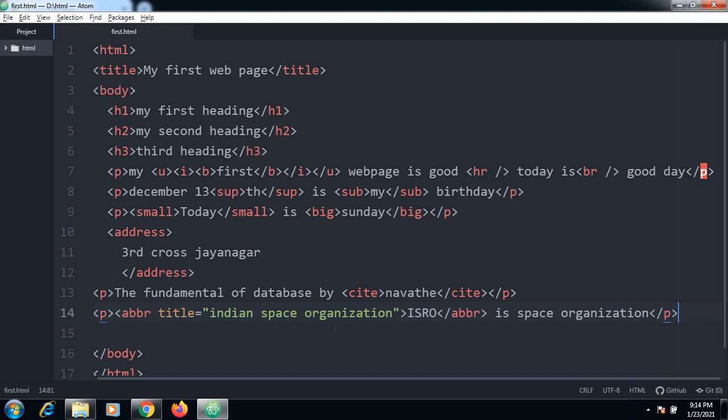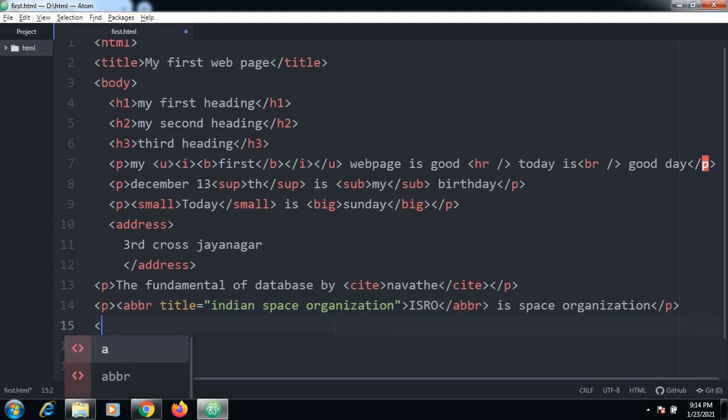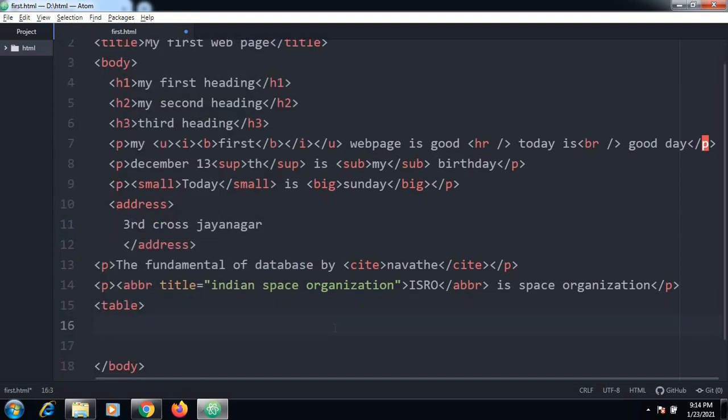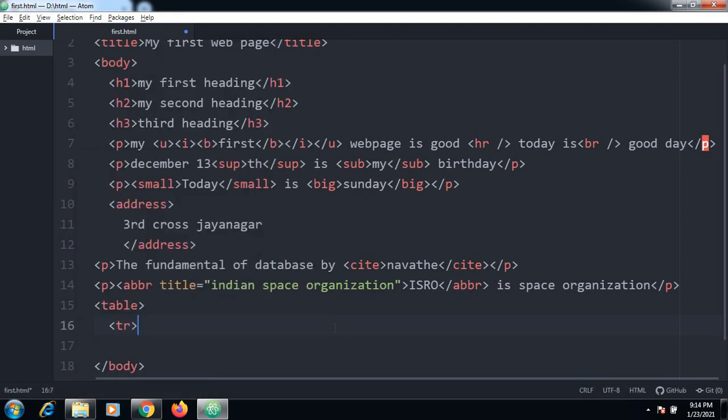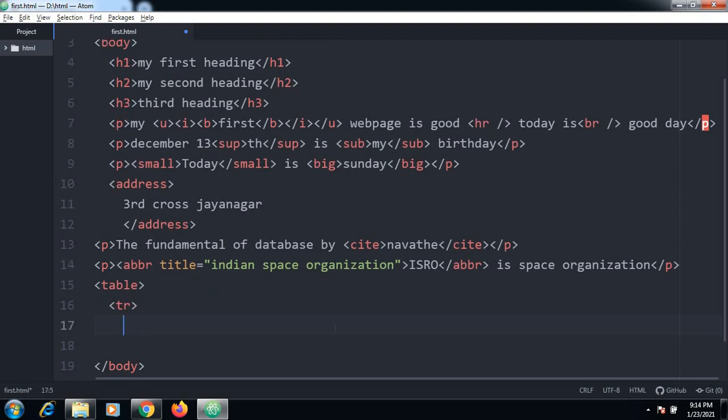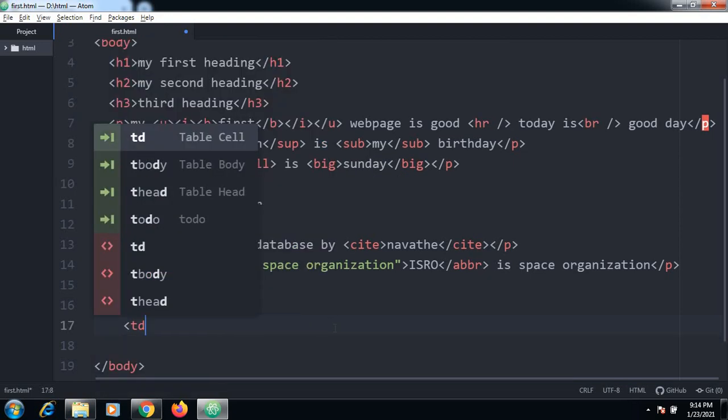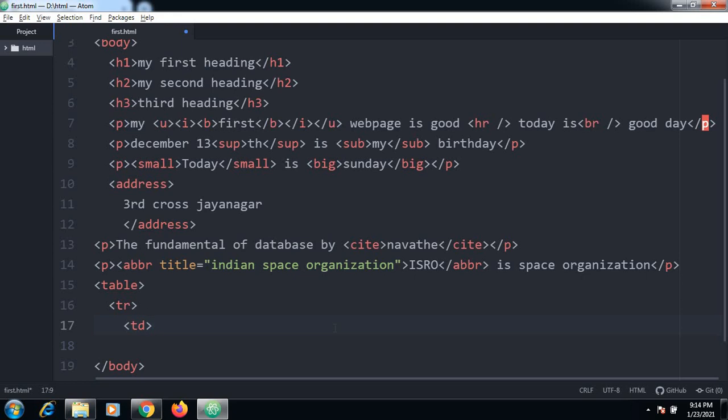After that we can have a discussion about tables. So how to create the tables? Using the table tag. So table. Now if I want to insert any values, I can make use of a tr tag, tr for table row. So here table row and table data are important. First you should start with table, then with tr, table row, and then with the table data. So here we'll show some examples related to this.